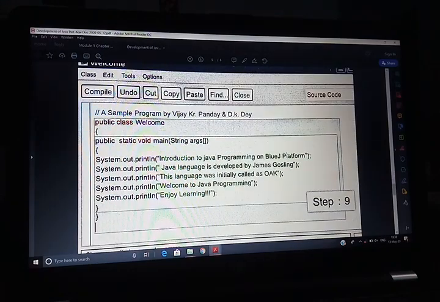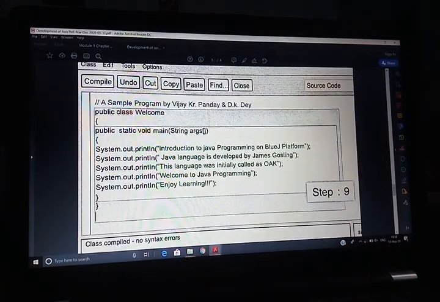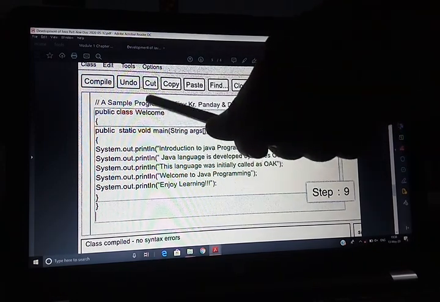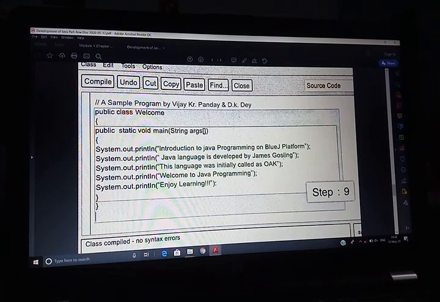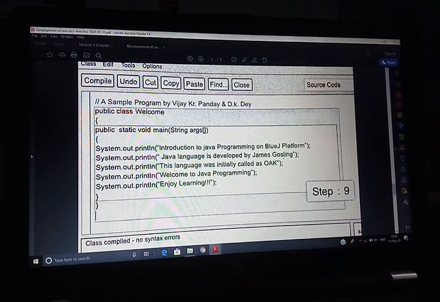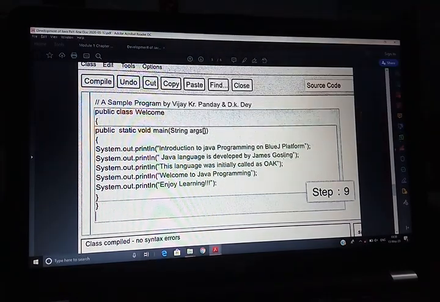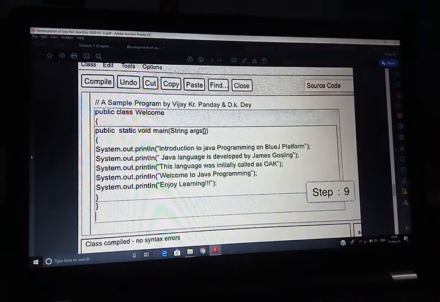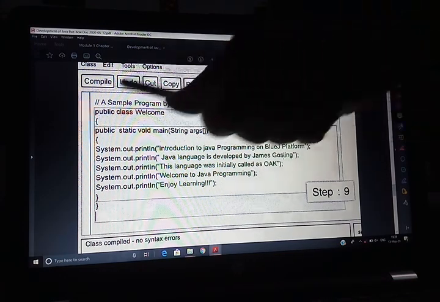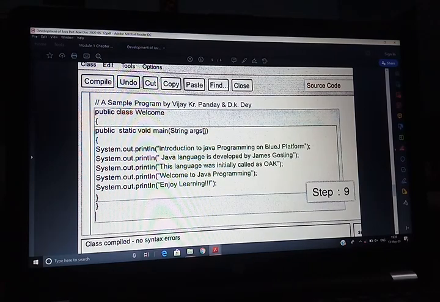Then all of you write your program, in which the class name is welcome. So the first line, all of you see here, is a comment line. Then the declaration of the class. Then the third line is the opening of the class with curly braces.